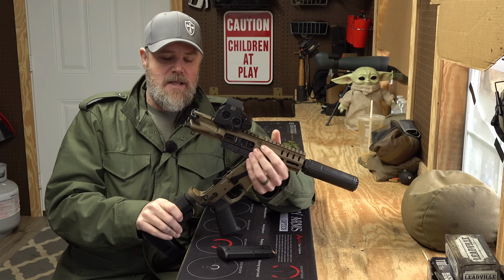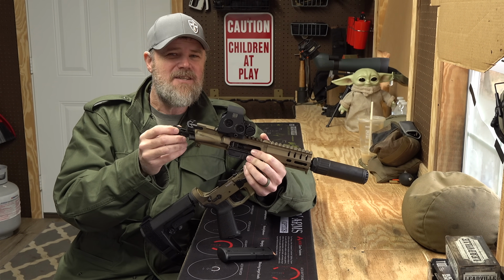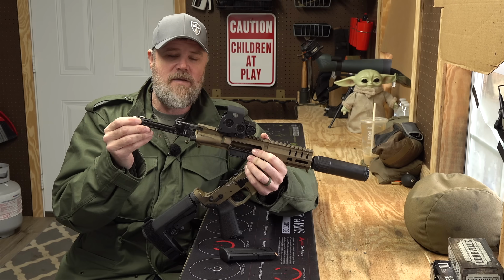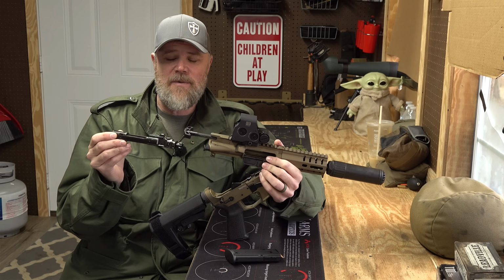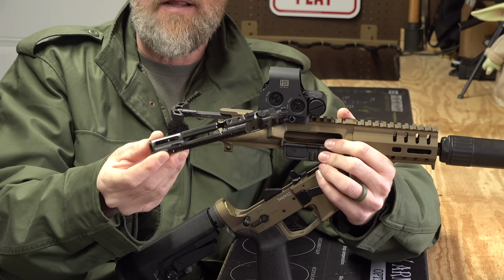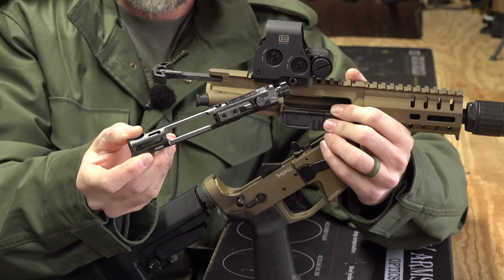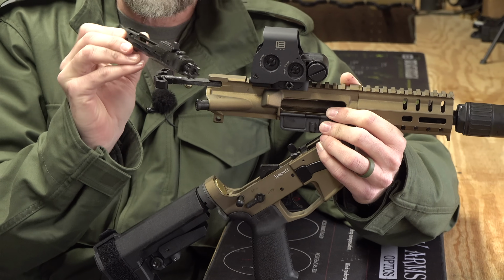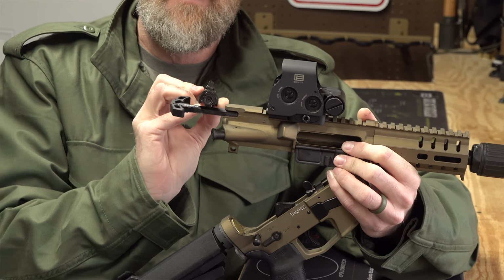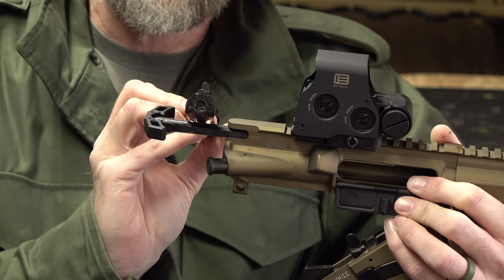Now, the 5.7 is a high pressure operating cartridge, but it doesn't generate a whole lot of recoil. That's one of its selling points. It really doesn't generate much recoil at all. So you'll notice that the bolt carrier on this has some pretty significant lightning cuts done to it. And then you can also see the face of the bolt and just how tiny the head of the 5.7 cartridge is as compared to a